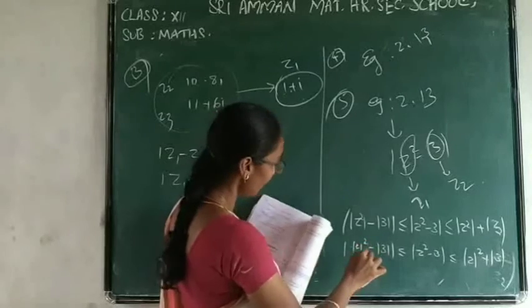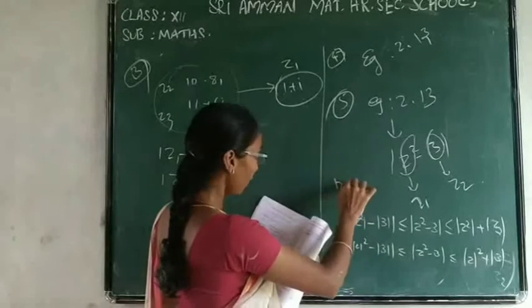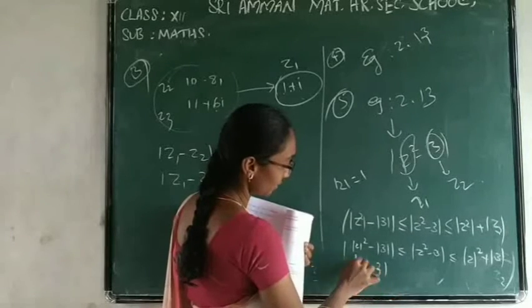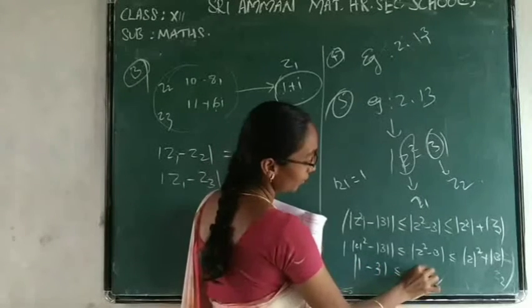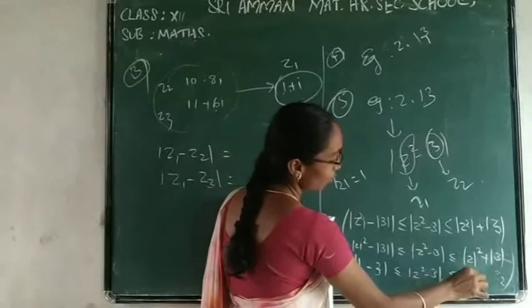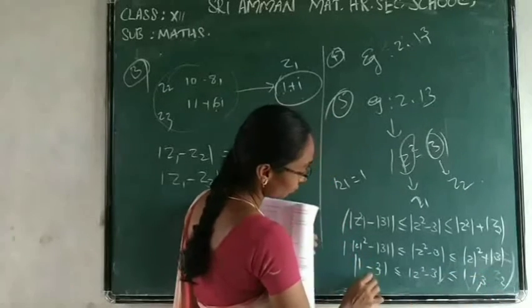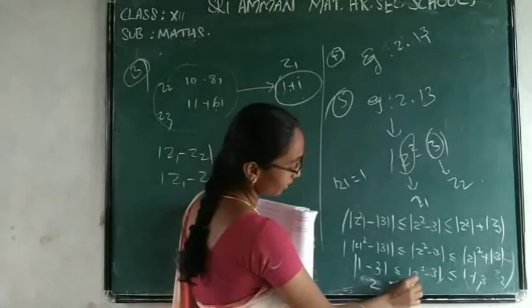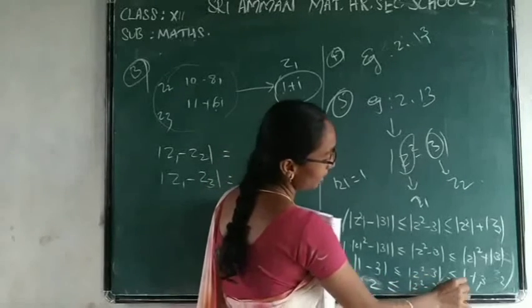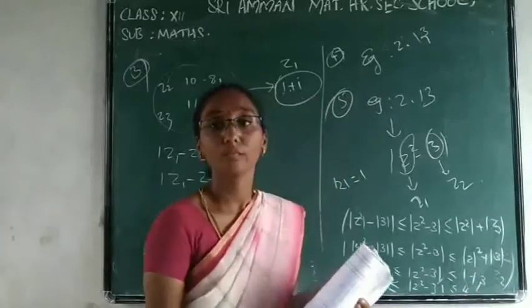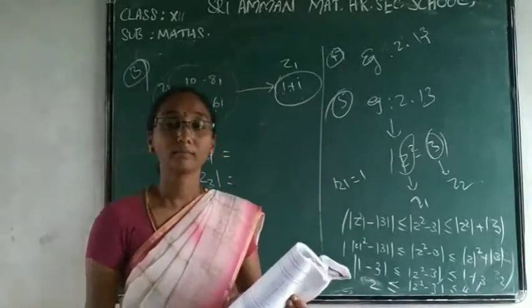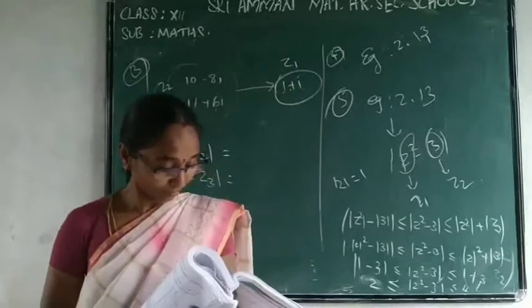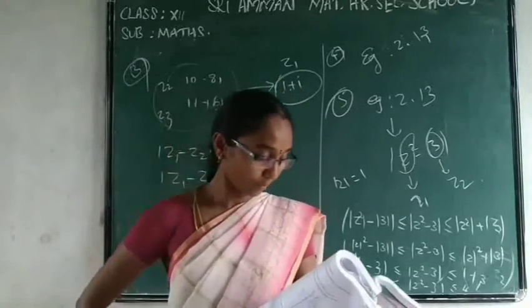Modulus of z is given, modulus of z equal to 1. So modulus of 1 minus 3 is less than or equal to modulus of z square minus 3, which is less than or equal to 1 plus 3. So modulus of minus 2 is written as 2, less than or equal to modulus of z square minus 3, less than or equal to 4. That is the answer. You do it easily. Okay, ma'am? Next,